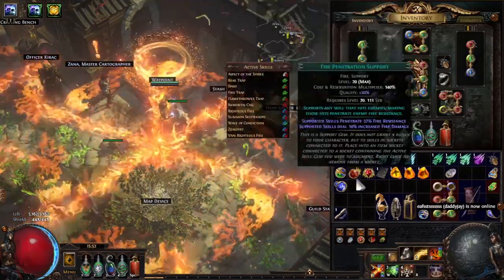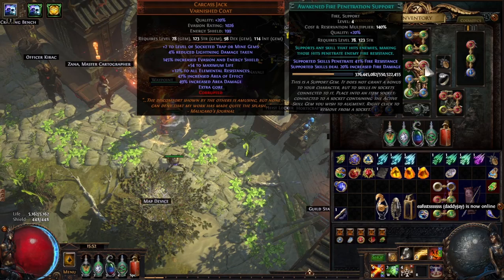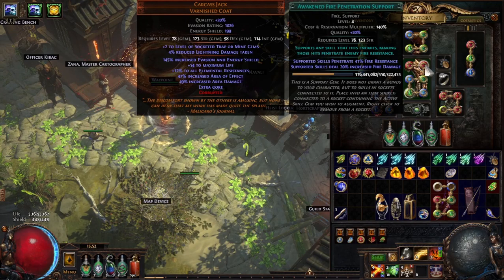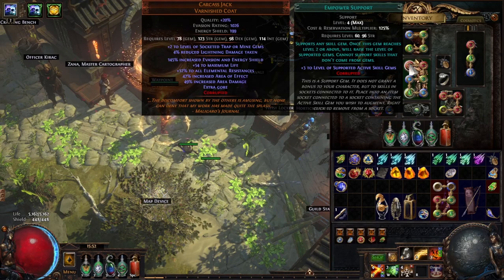Fire penetration. If you have the budget later on, Awakened fire penetration. This is normally one of the cheapest Awakened gems, by the way, because no one plays fire builds. Fire penetration, fire penetrates fire resist. That's it. Empower later on. Maybe this is gonna be way more expensive after the drop nerfs. So if you don't have that yet, this is one of those higher